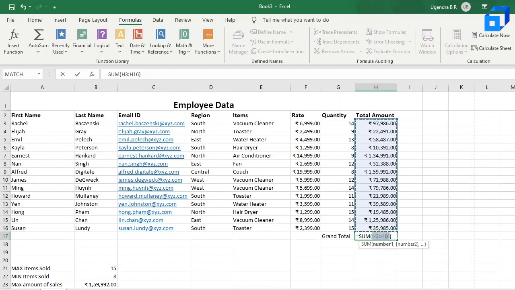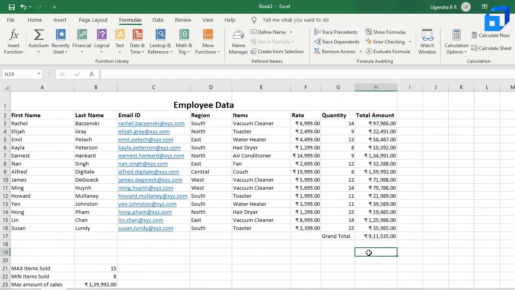Here, as you can see, the range is from H3 to H16. Now if you press enter, you'll get the total amount of sales, which is the sum of all the sales values from H3 to H16. So that is the use of auto sum in Excel, where you don't have to write the formula yourself. Excel does it automatically for you.